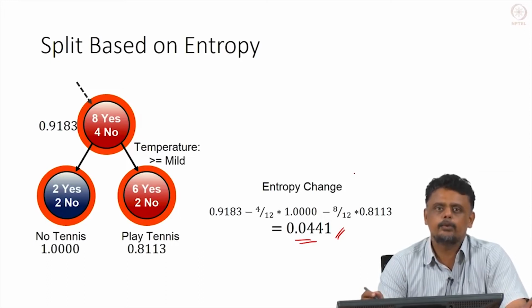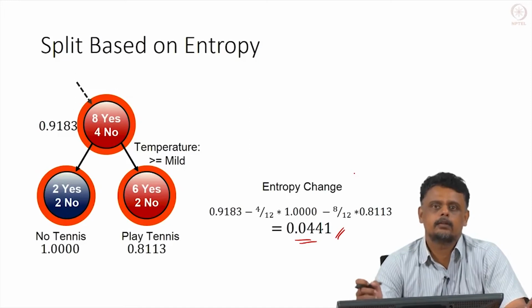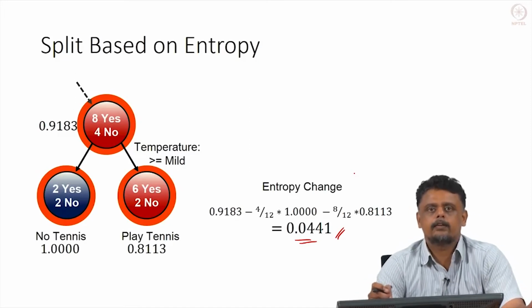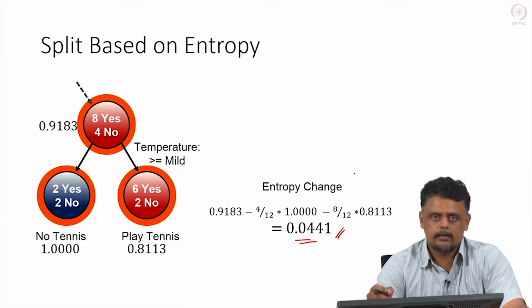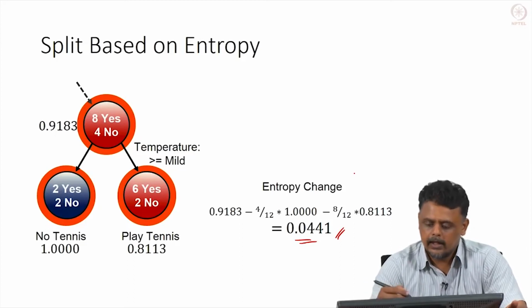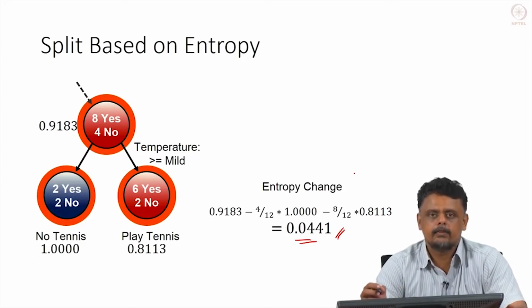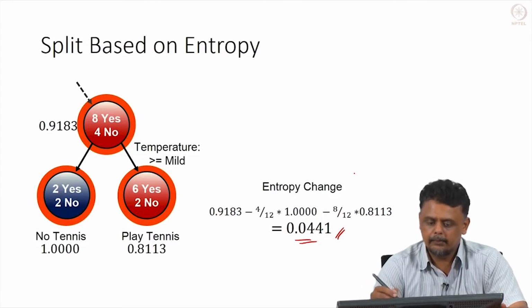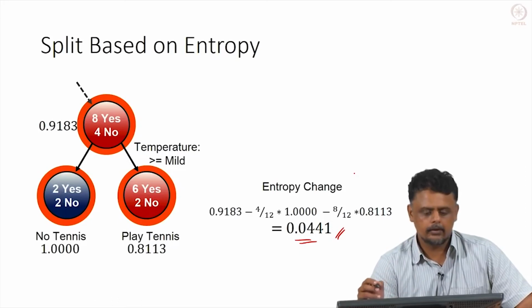So say if you have a continuous feature, let us say measured temperature in Fahrenheit or Celsius, then we have to set the right threshold on that temperature which gives rise to the largest entropy change, okay, and then we make a split based on that. There are different ways of calculating that. In our case we have very nice categorical labels and we can always choose among them to see which gives rise to the maximum entropy change. So this is typically how the split based on entropy works.